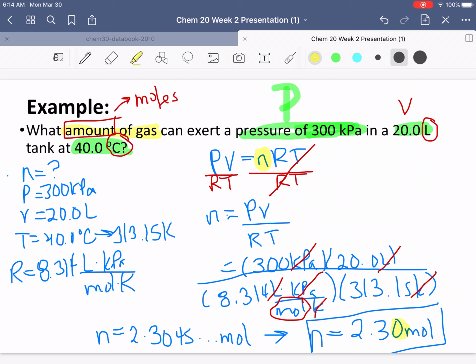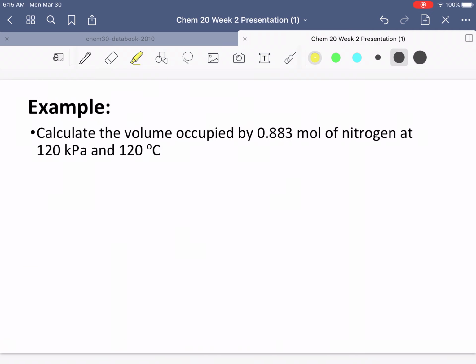All right, hopefully that felt decent. Let's try another one where we're solving for a different variable. Okay, check out this one. Again, focus on what the question is asking. Calculate the volume, V, occupied by 0.883 moles. That's n. This is a big hint. The instant that a question mentions moles, mass, an amount of any kind, then you know that you're going to have to use the ideal gas law,